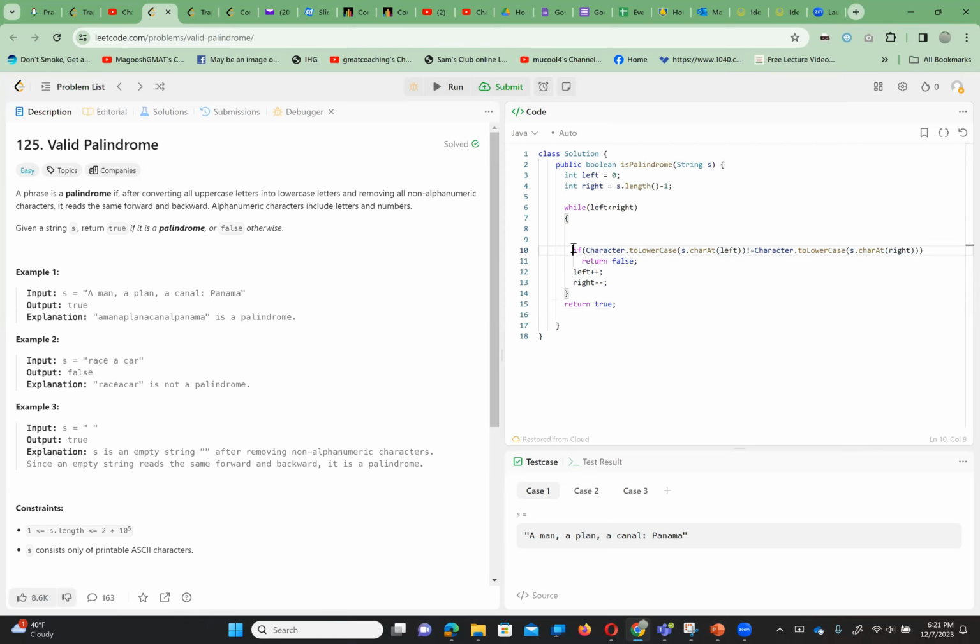Okay, so here is a few things. First of all, we can have other characters that we need to remove. Okay, so we have to get to the character that is a valid character. So first I have to also do that check. So, while left less than right,